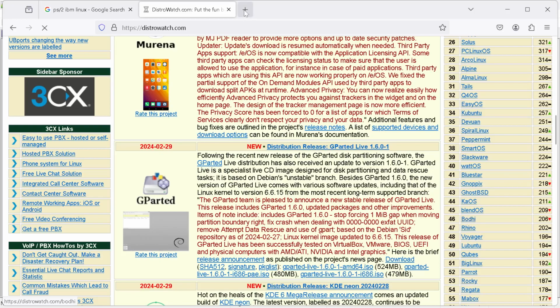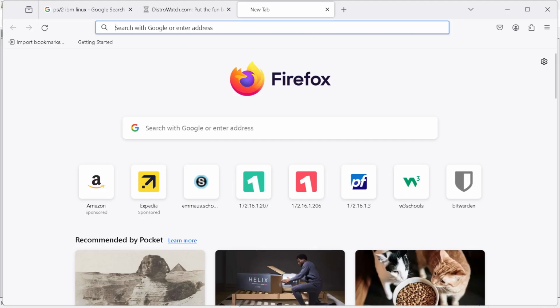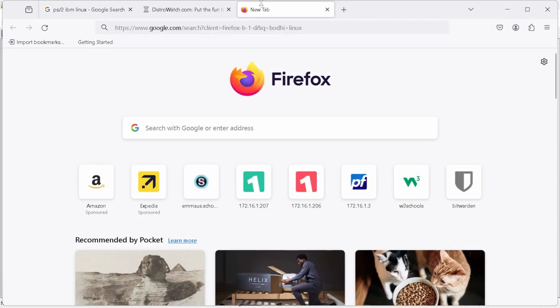Maybe I need to just go look for it. I'll just go look for Bodhi Linux. 1.2 gigabytes, that's tiny. Yeah, pretty small download. I'm gonna go grab that, and then while it's grabbing it, boy, kind of slow here, I'm going to start a VM